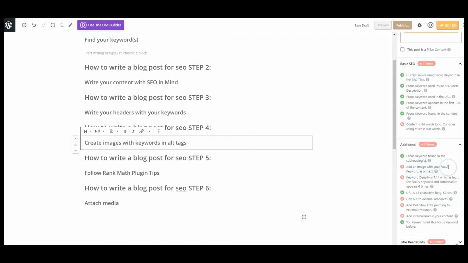So again, add your image with your focus keyword as alt text, and then keyword density. Right now my keyword density is extremely high, which you don't want it to be too high. If it's too high, then Google thinks you're just plugging it in. But of course I don't have my content in here yet. So you don't want it too low, but you don't want it too high. And then